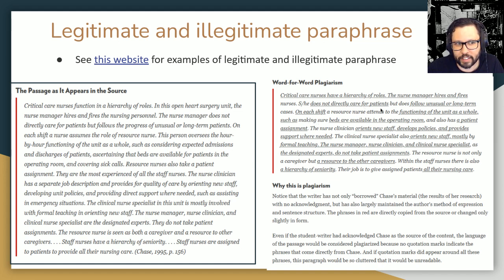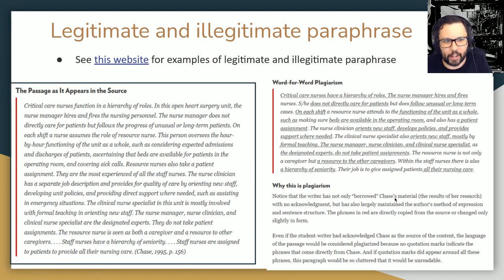There are some things that the author of this passage did that was not in the original. But most of it, the vast majority, over 80% of the words in this new paragraph are directly taken from the original. Not only are the specific words and phrases taken from the original, but also the word order, right? So it starts with the same sentence. The presentation of the material in this passage exactly mirrors the original passage, right?